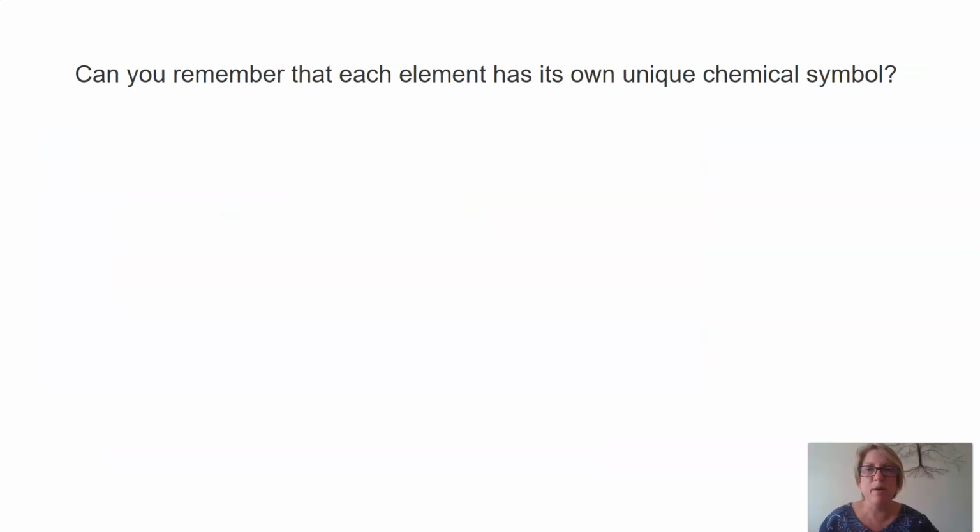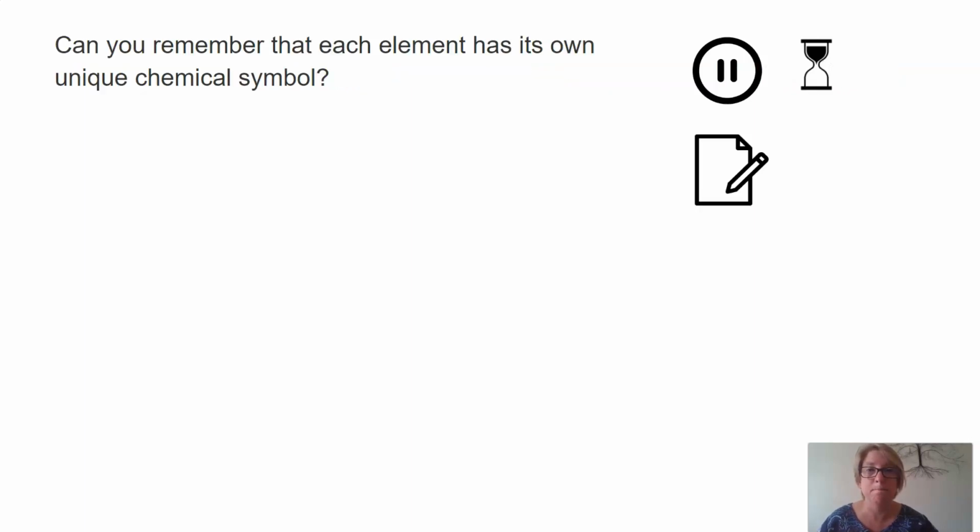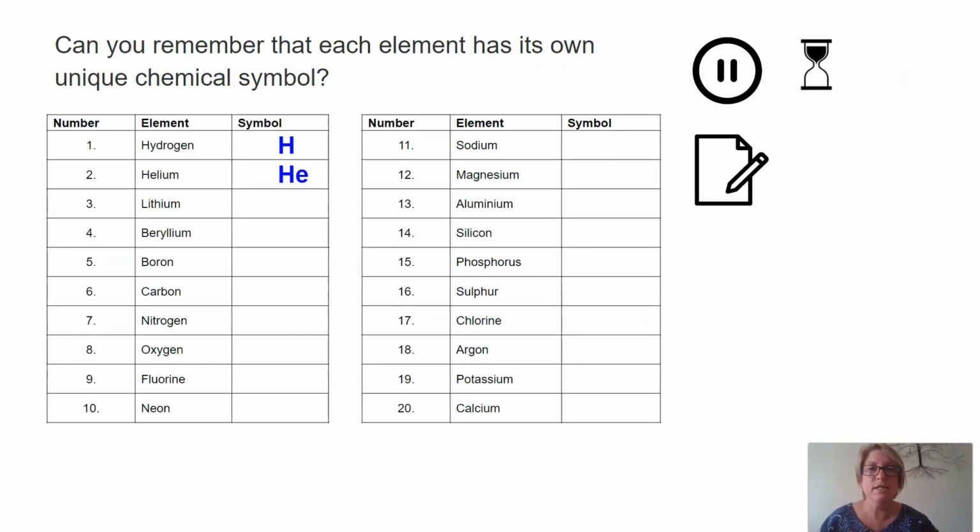Can you remember that each element has its own unique chemical symbol? You should have looked at this in grade 7, but if you haven't, not a problem. I'll go over it again now quickly. I want to see if you can finish the first 20 elements on the periodic table. You may need to pause the screen for a moment while you complete this activity. But before you go on to answer the questions, I just want to remind you quickly how we use symbols to name